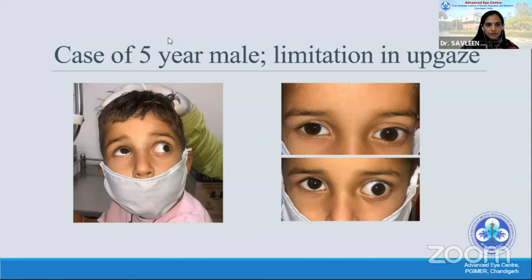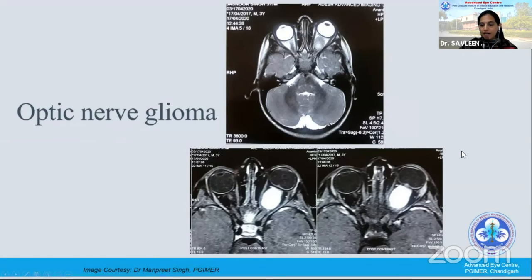This again is a case of a 5-year-old male who was referred as a case of monocular elevation deficit in the left eye. If you see carefully, we see a proptosis in the eye, and we also see lid fissure changes. So we have to image in the first go. We cannot wait for this to go away. We saw that the patient actually had an optic nerve glioma presenting with strabismus and no other features. The child, of course, will not say that they have low vision.